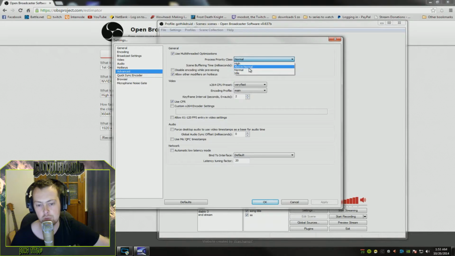I would put it above normal. Don't go above normal. Don't go to high or anything below. It comes standard on normal. The only setting you should change it to is above normal, only if you're having troubles